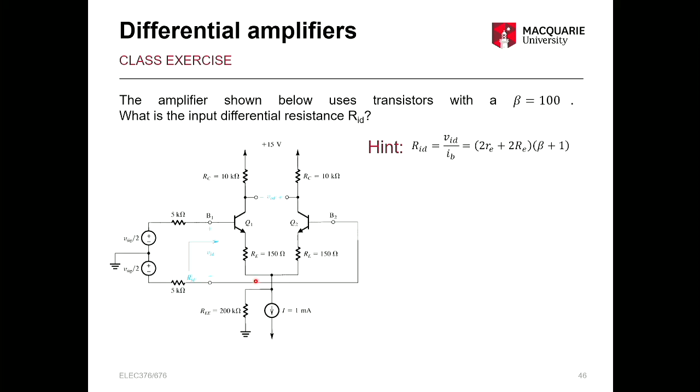So we know the equation for RID. We already derived that before. It's on the screen. So we just need to work out what the variables in there are. Beta is given as 100, and the large RE is given to you here, 150 ohms. So really all you need to work out is the small RE. And again, from those equivalent circuit models,